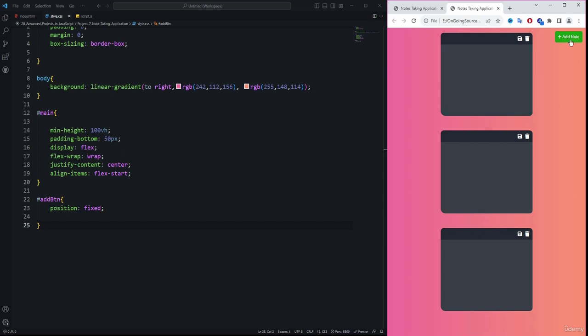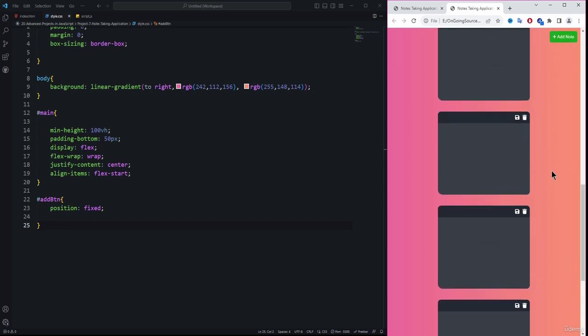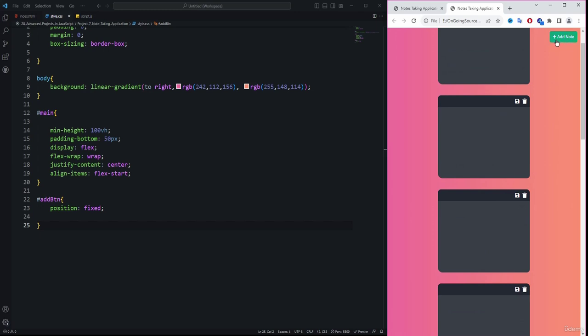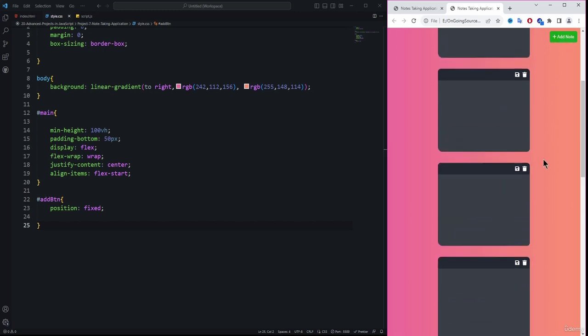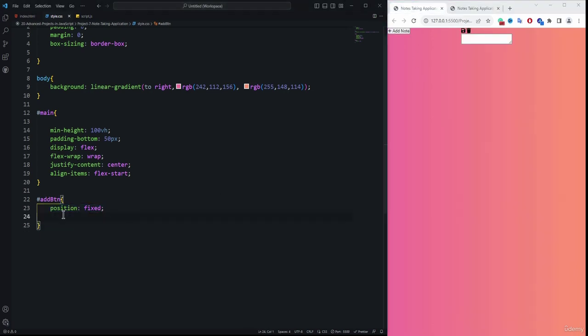Doesn't matter if I scroll. If I enter multiple node stickers here, then you can see if I scroll to the bottom of the web page, this button is still present at the right side of the browser. That is because of this particular fixed property. So coming back to the other version of the application, after specifying the position to fixed, then we need to